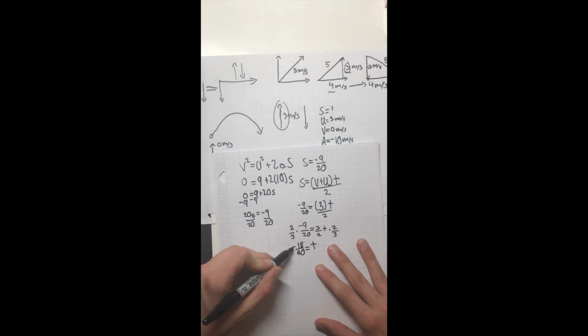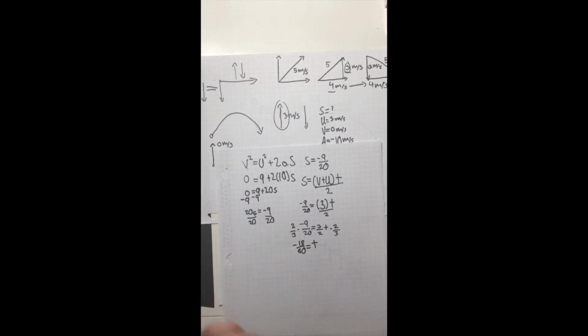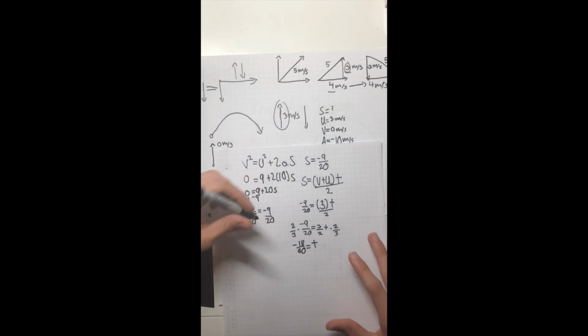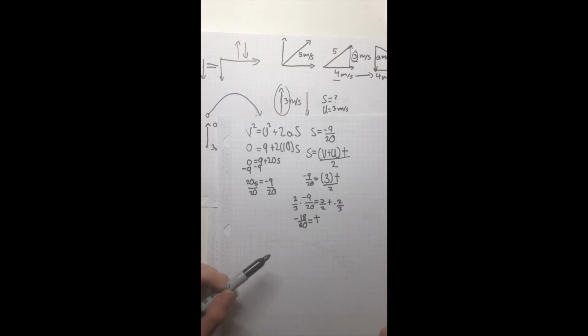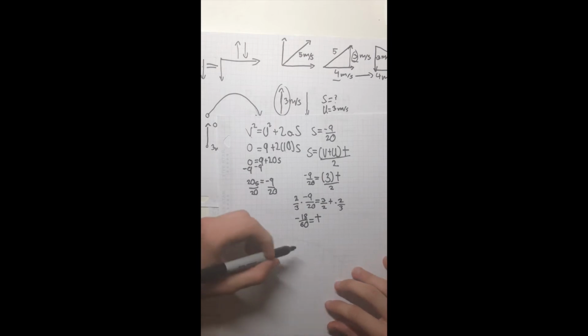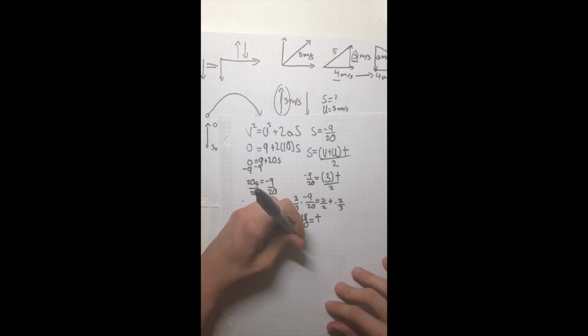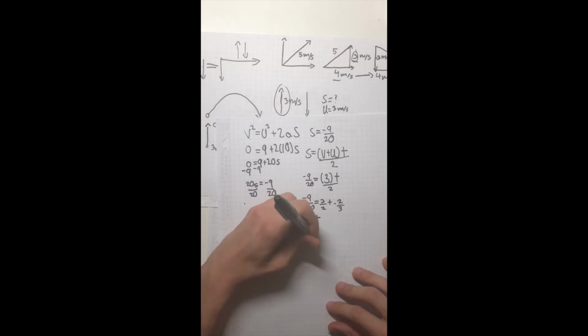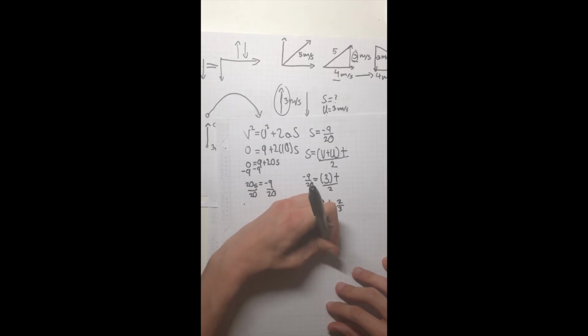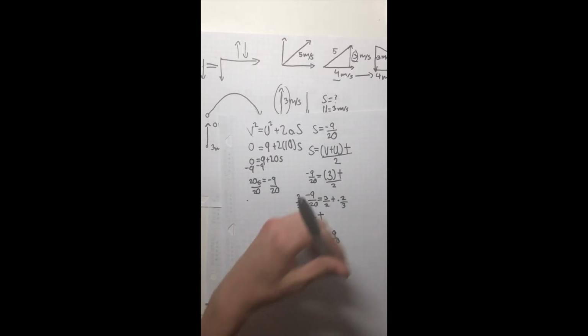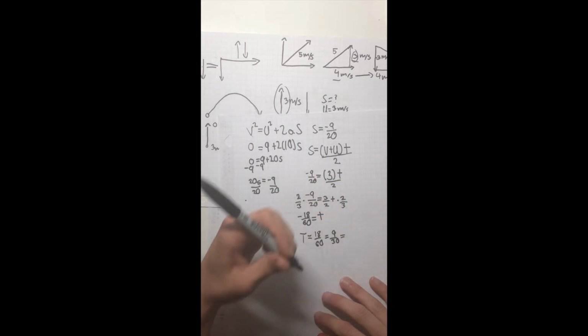Now, we can't have a negative time, nor can we have a negative displacement. However, I left the negatives in just so that we could work with them, but then at the end we can disregard them. Especially since it's a displacement, you can't really have a negative displacement, and similarly, you cannot have a negative time. So the time is going to equal 18 over 60, which is equal to 9 over 30, which then simplifies down into